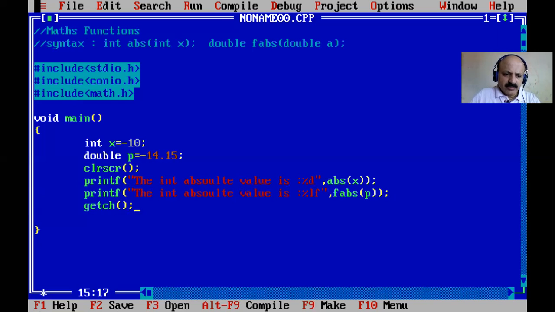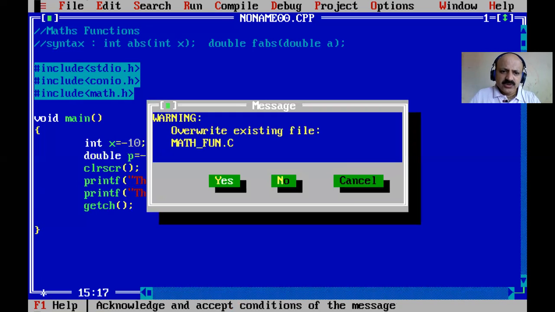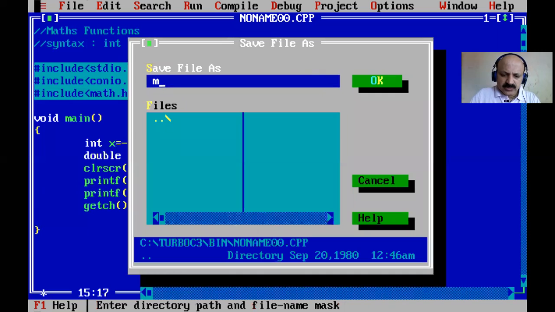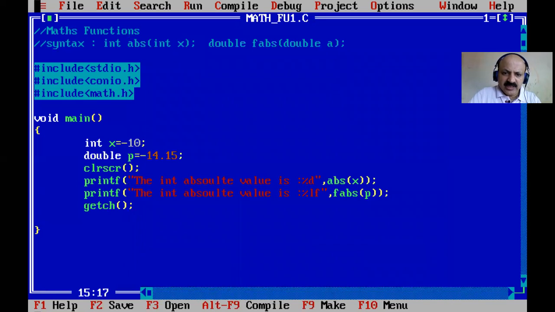Now first I save this file, math fun1 dot c. That already exists, so we give a different name. The file name can be a maximum of 8 characters, so fu1 dot c. Save, then compile.